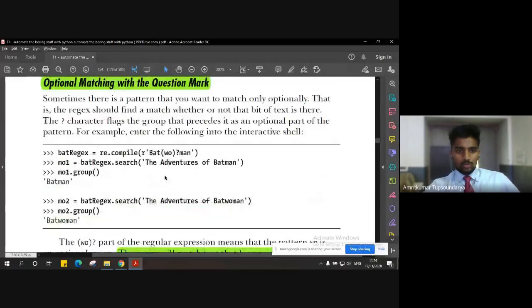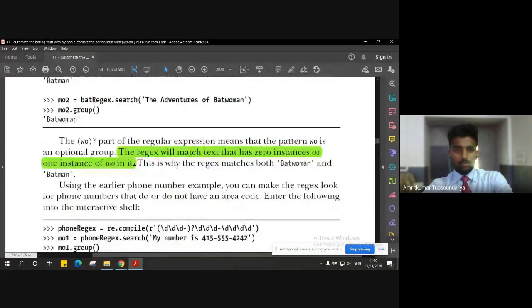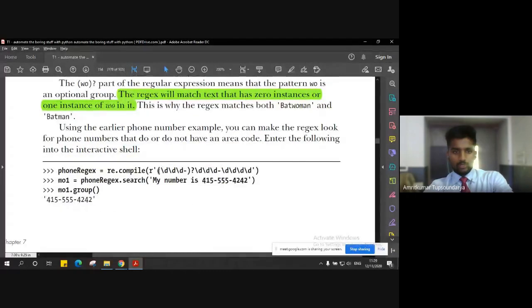So just to give you another example, here we had an example of this Batman. Let's deal with another example which we have already seen, that is the phone number text. So we do have these different groups in the regular expression. This is one group, and this was another group, the second group. But here in this case, we are going to put only the first three numbers as optional.